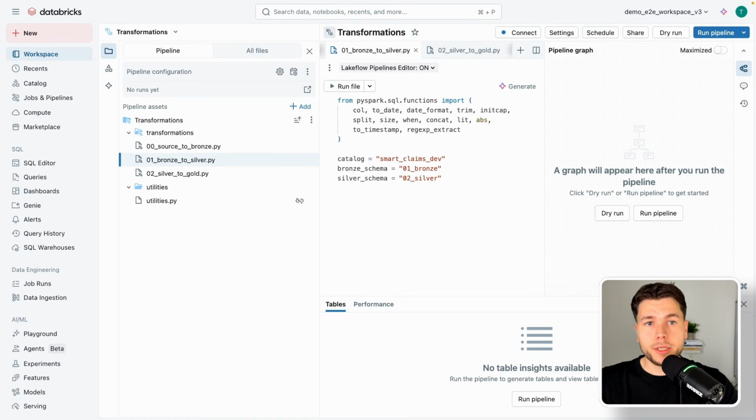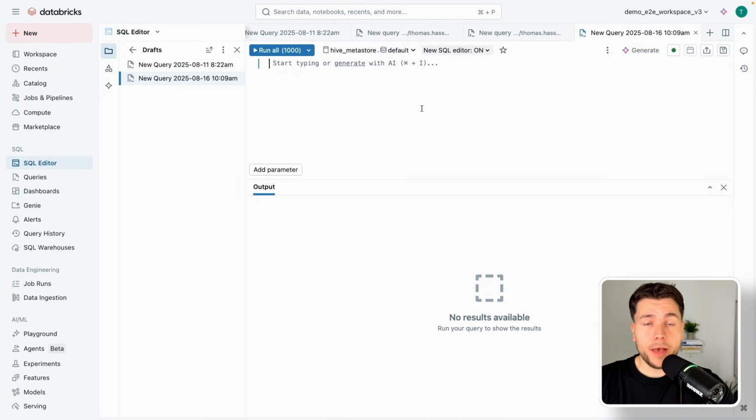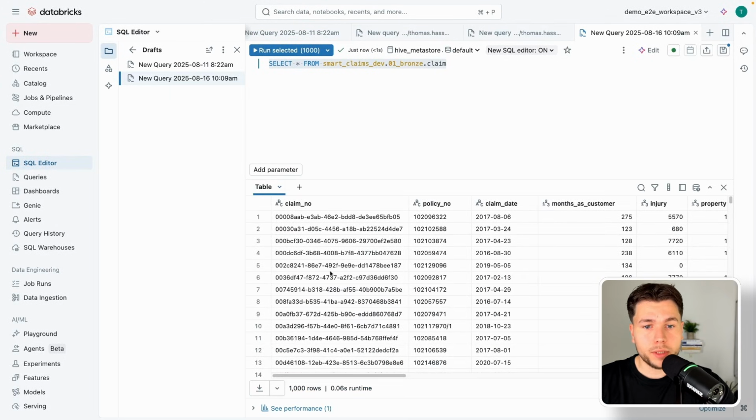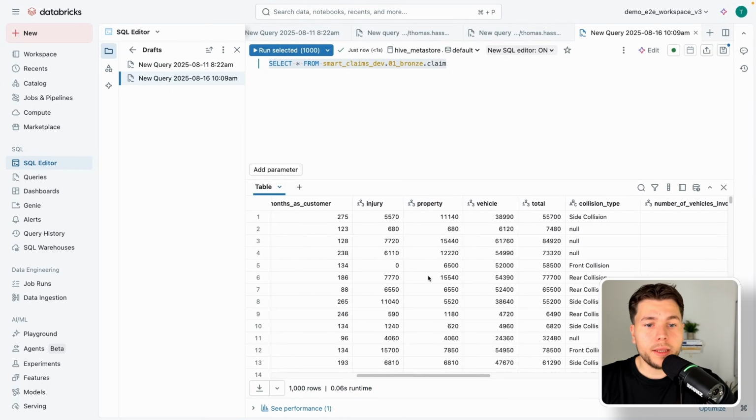And now we can start cleaning our data, and let's start maybe with the claims data set. To do that, let's first open a new tab to have a quick look into the data set, right? So we query from the Browse claim table, and then we see how it currently looks. It is already in a quite